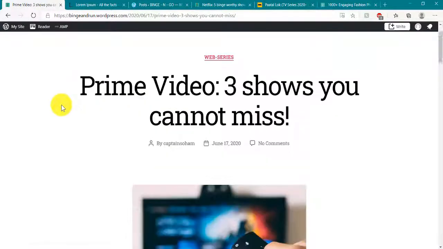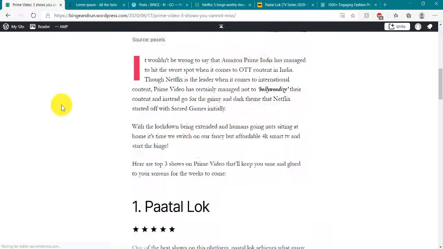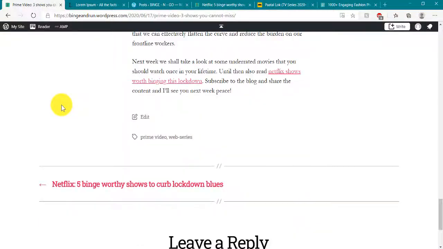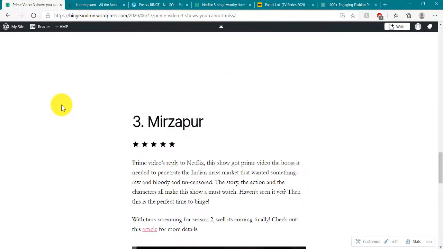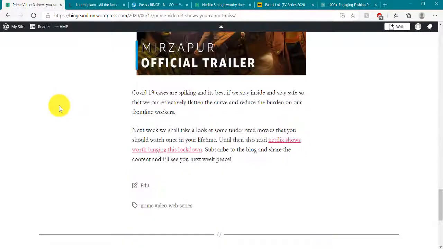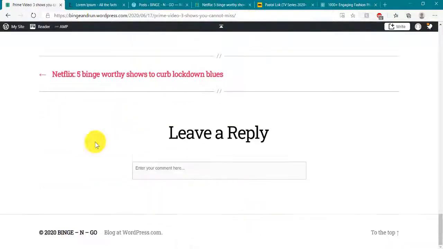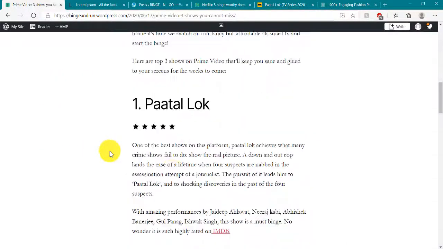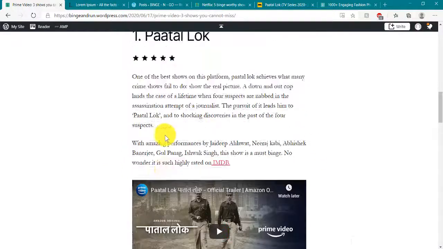Okay, so one problem, if you can see here, is that this article is coming here in full, and I don't want a person to go and see all this stuff here. What I want is a read more option.